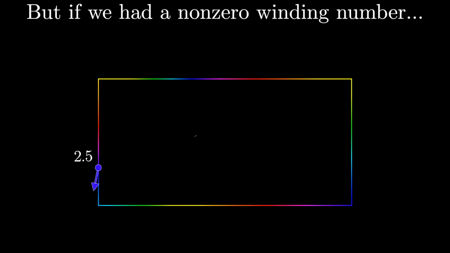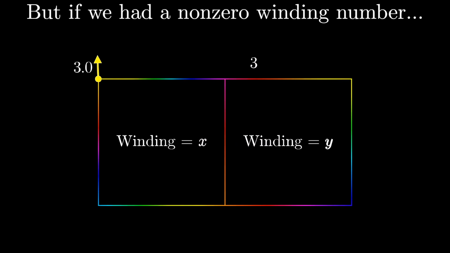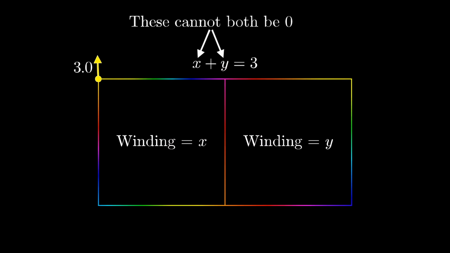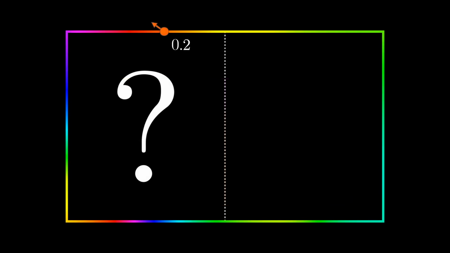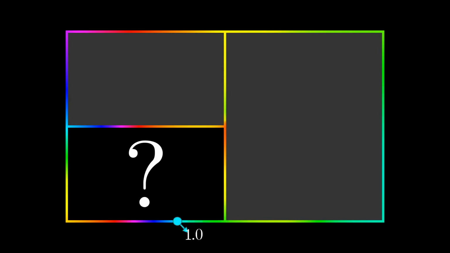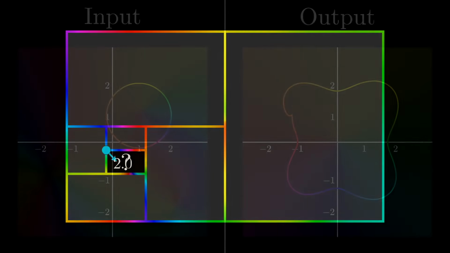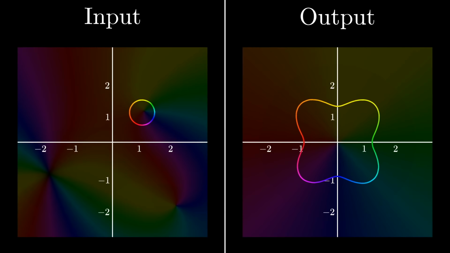it has the stronger condition of a non-zero winding number, then, if you were to split it in half, you're guaranteed that at least one of those halves has a non-zero winding number as well, since things add up nicely in the way we want them to. So in this way, you can keep going, narrowing in further and further onto one point. And as you narrow in onto a point, you'll be doing so with tiny loops that have non-zero winding numbers, which implies they go through all possible colors. And therefore, like I said before, the point they're narrowing in on must be a 0.